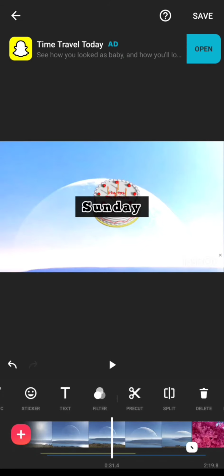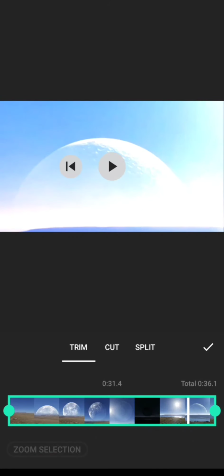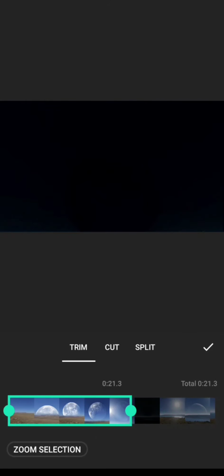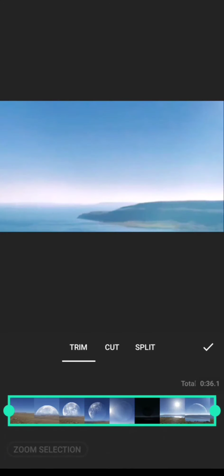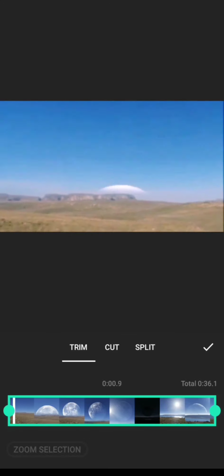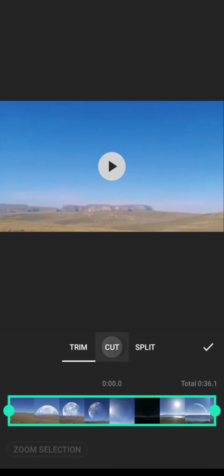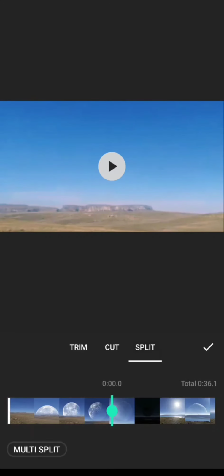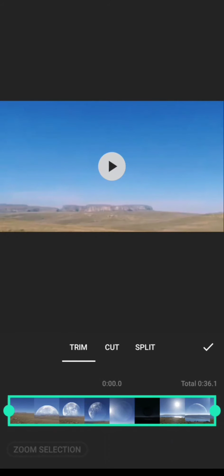Again we are having the pre-cut motion. If I want to take out some part, or if I want to delete some, I can do that. If I want all the part, I can say so, and if I want to cut, that we have seen from the beginning. Again cut motion is there, or split. All these options are there. We can trim, cut or split from here. That option is given.